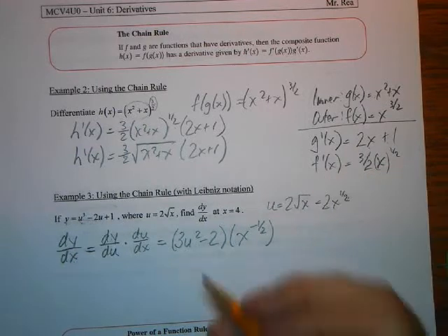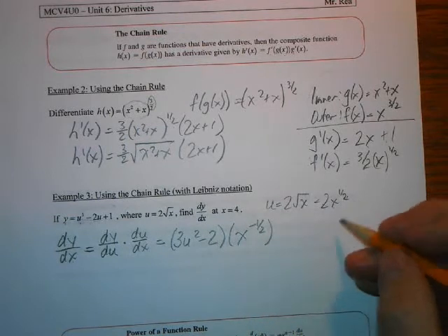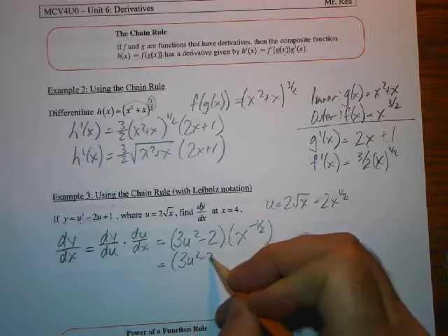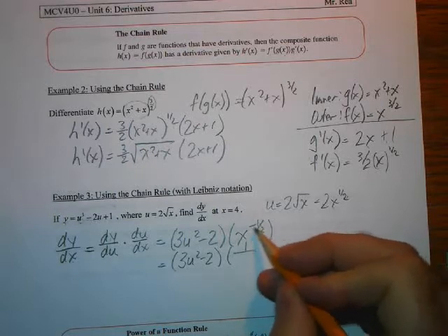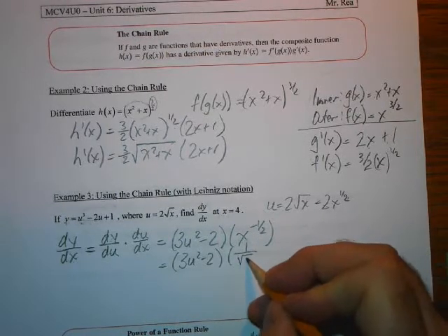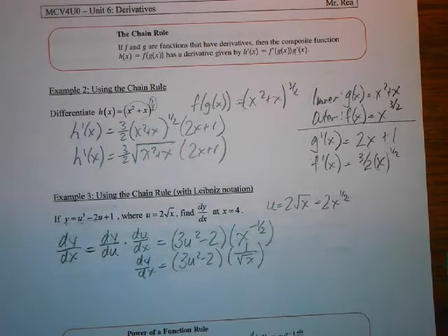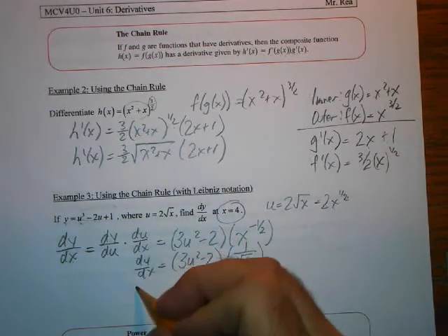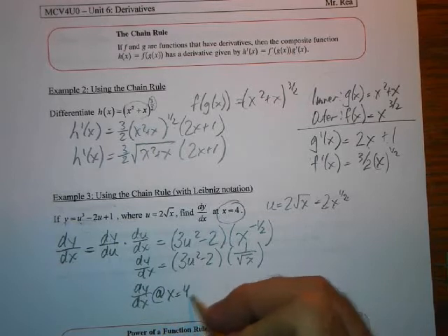And if you remember to convert that back to radical form, that would be 1 over, to change it to positive, and then square root of x. So that is dy by dx. And we're finished, except for the fact that they don't want the general derivative, they want the derivative at x equals 4. So dy by dx at x equals 4